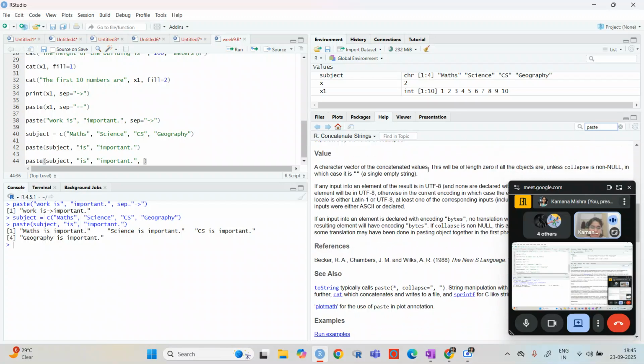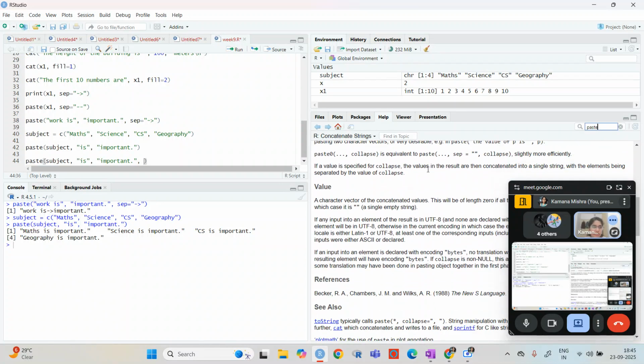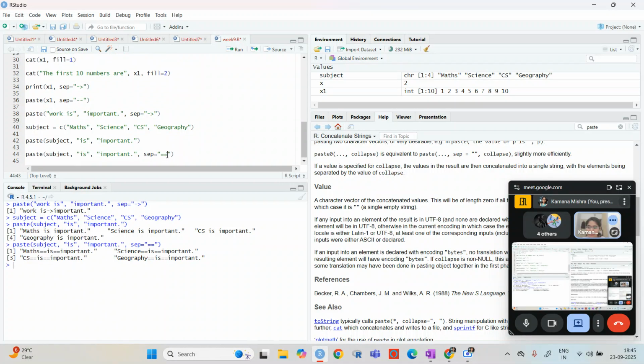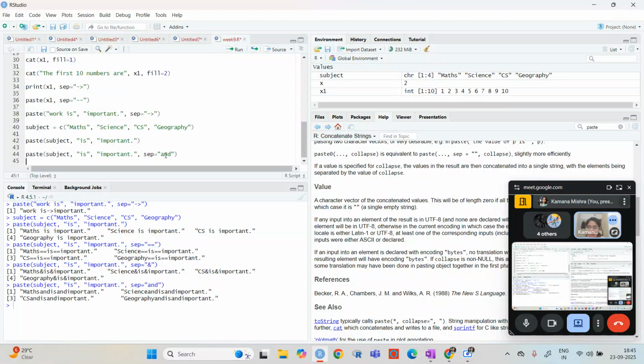So when you want to separate it by something, then we can separate it by this. Let's say, separate it by, okay, so it is coming like this. If I do this, you can see that it is coming like this, giving the separator after all the values, right?